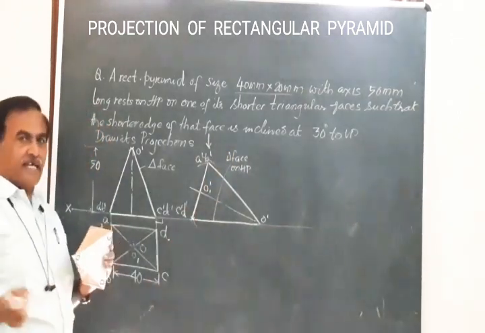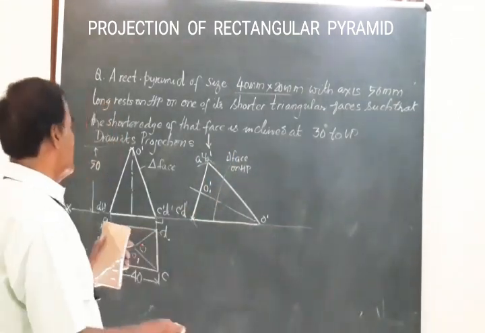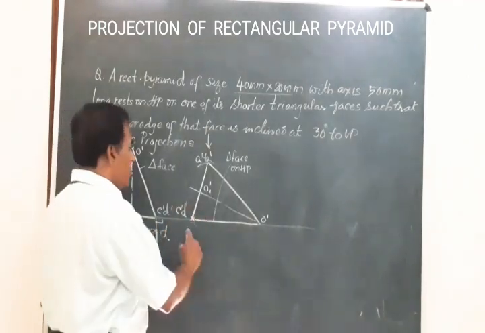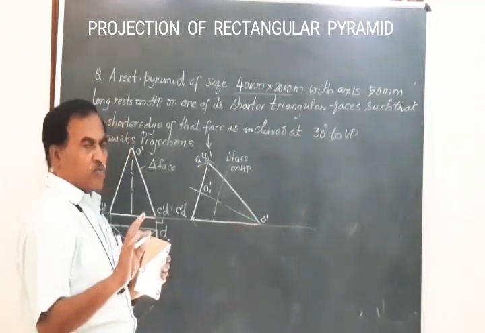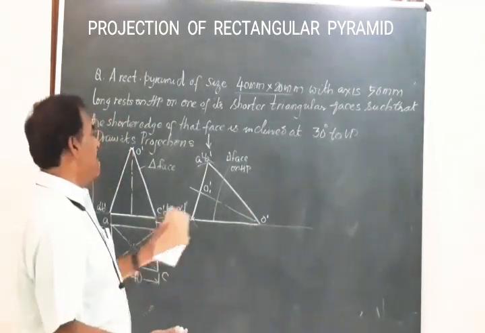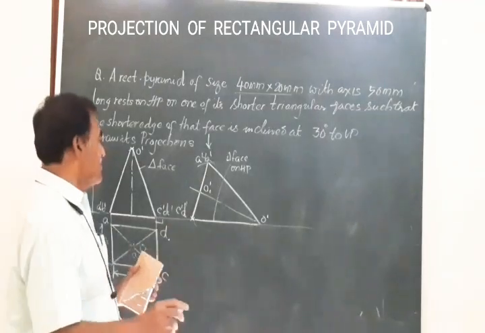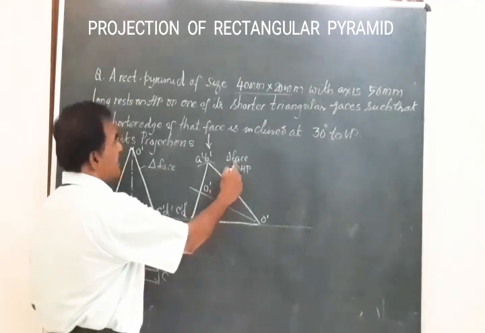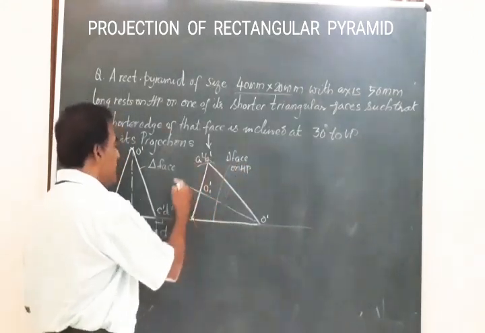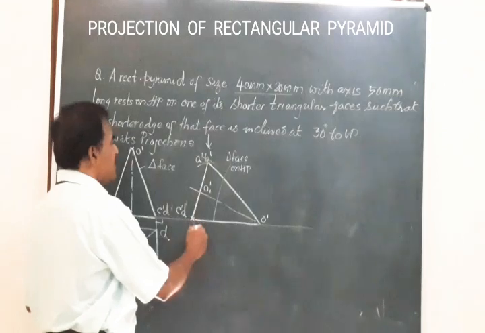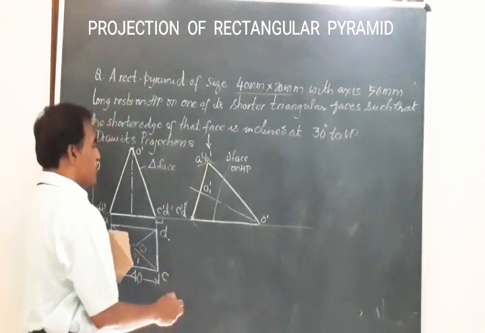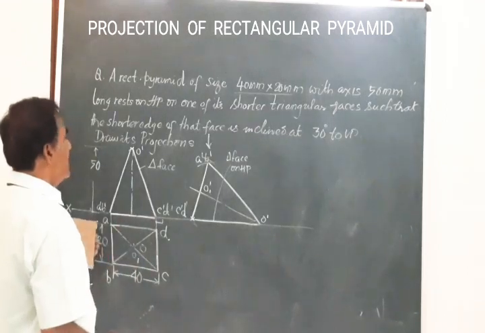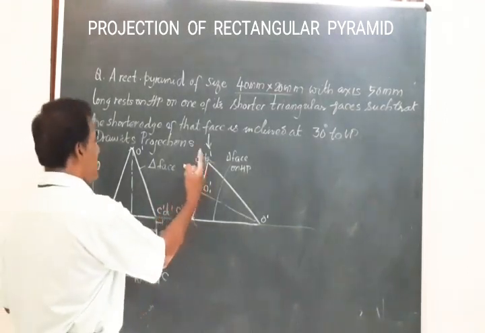Friends, again I am just reminding you that whenever this pyramid rests on HP on one of its slant edges or one of its triangular faces, the complete base of the solid is visible. So the object is resting on O dash, C dash, D dash, which represents a triangular face, and the complete base is A dash, B dash, C dash, and that should be visible to the observer. Now I am going to locate all these points one by one. Let me start from the point or the corner A.